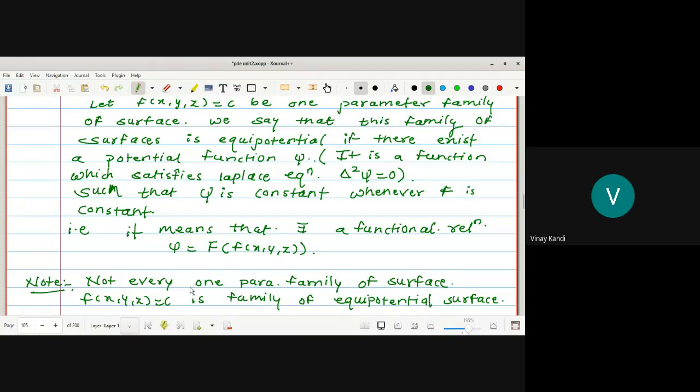Not every one. If this satisfies this condition, if there exists a function psi such that psi is constant whenever f is constant,